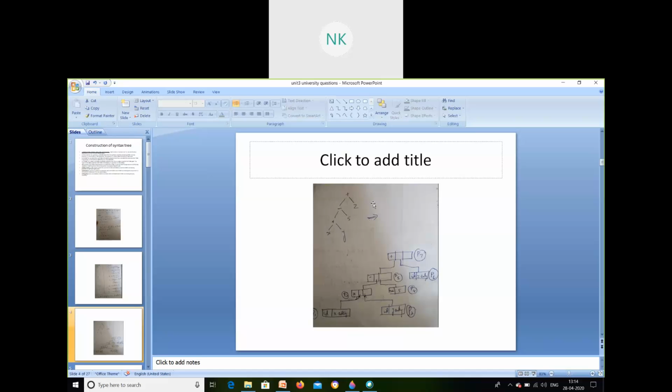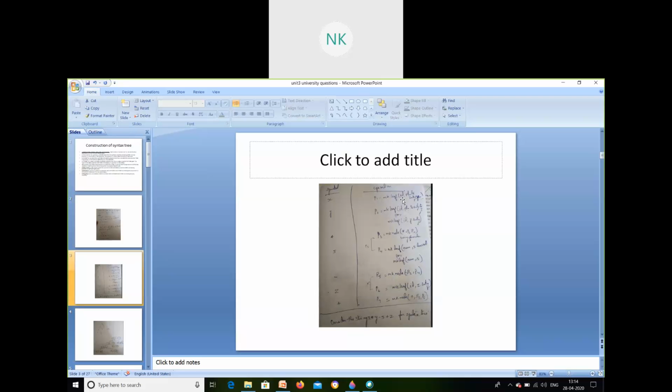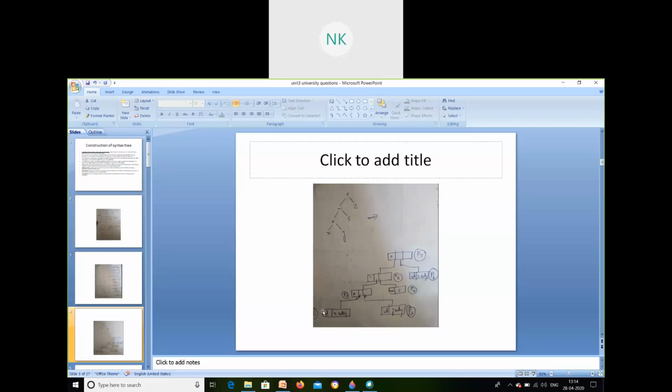I have drawn this. So how do I represent it? That can be represented with the help of a formula. What is my p1? My p1 is x. So how many fields do I have in p1? id comma x dot entry. Two fields here. So p1 is id comma x dot entry. For y, id comma y dot entry. Then for p3 I need to multiply, so for the operator I need to have three fields: operator, then left operand p1 and right operand p2, left child, right child. So p1 p2.